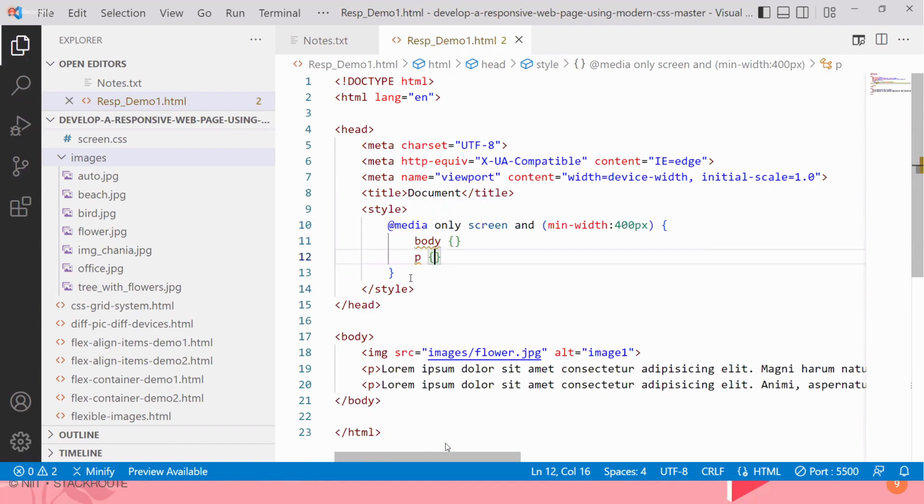No, we have to write. So this is the syntax. I should use media only screen, and we have various minimum width, maximum width. I'll show you all the properties. If my screen size becomes 400 pixels or less than 400, let's assume I want